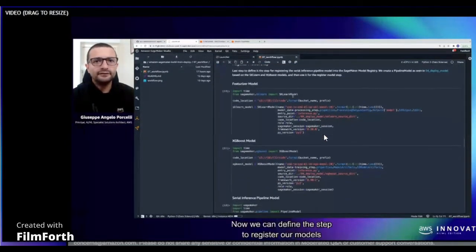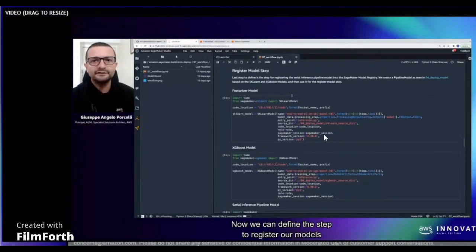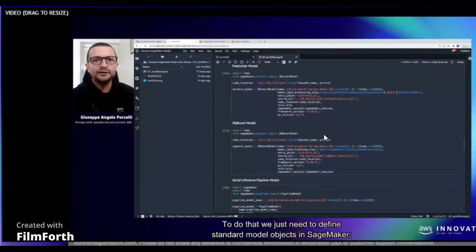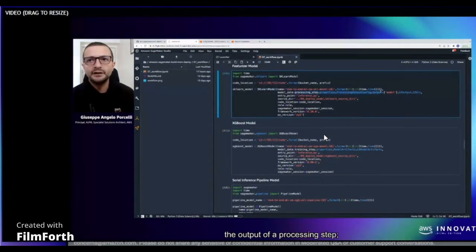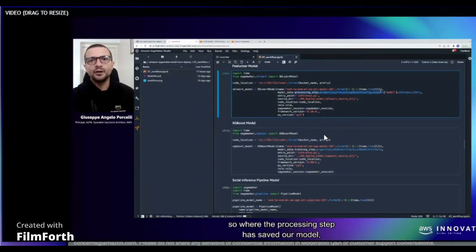Now we can define the step to register our models in the model registry. As I said, we need first to combine the two models into an inference pipeline, and then we will register this kind of combined model in the model registry. To do that, we just define two standard model objects in SageMaker. So the sklearn model, which takes as model data, as location of the model, the output of a processing step, so where the processing